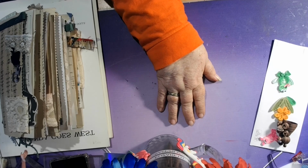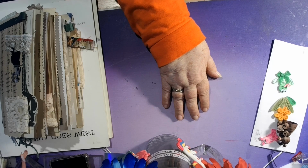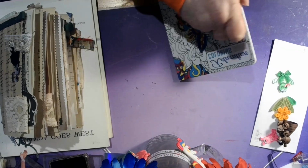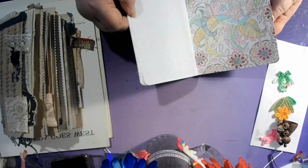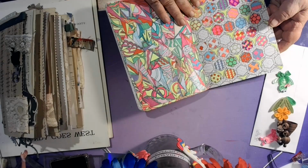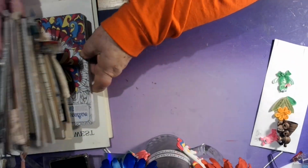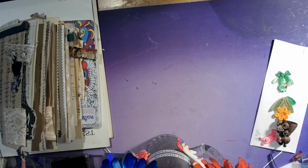What did I do with my? I don't know. Am I asking you? What did I do? Yeah, I always ask my own self questions. Oh, there's that coloring book. I was looking for that. I was coloring in that. I need to color in that one some more, because this is a fun book. I need to keep this right here. But I was looking for something that I wanted to read, but I was looking for my...